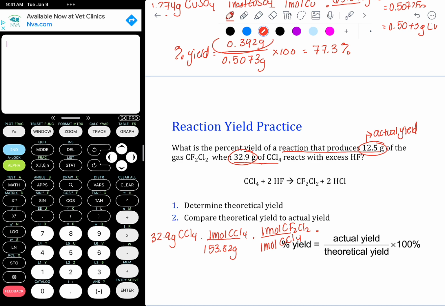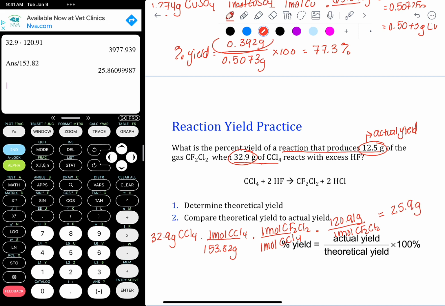And then once we have moles of CF2Cl2, we can convert that to mass, which is 1 mole of CF2Cl2 is 120.91 grams. So we take 32.9, multiply that by 120.91, divide it by 153.82, and we get